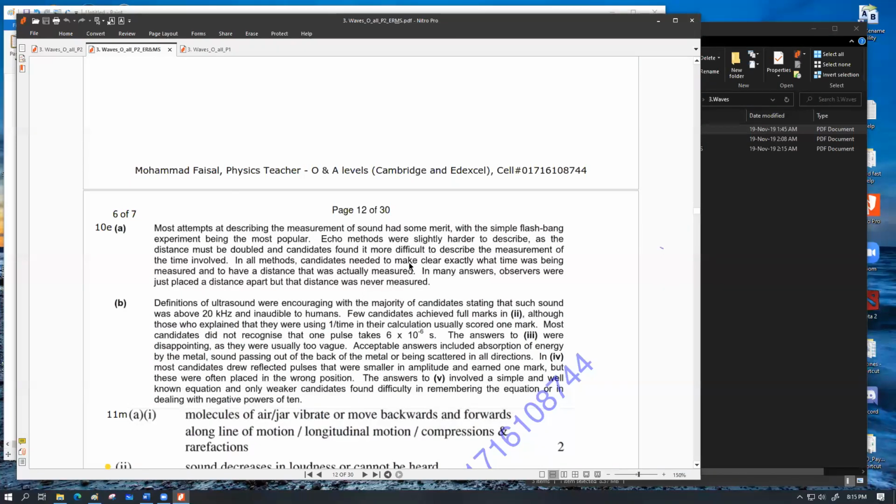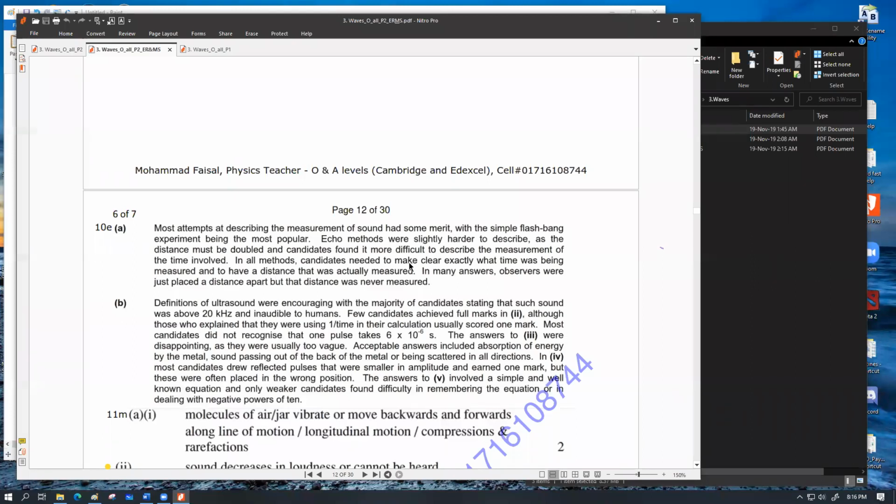A few candidates achieved full marks in 2, although those who explained that they were using 1/t for calculation usually scored 1 mark. Most candidates did not recognize that one pulse takes this much time in seconds. The answers to number 3 were disappointing, as they were usually too vague. Acceptable answers included absorption of energy by the metal, sound passing out of the back of the metal, or being